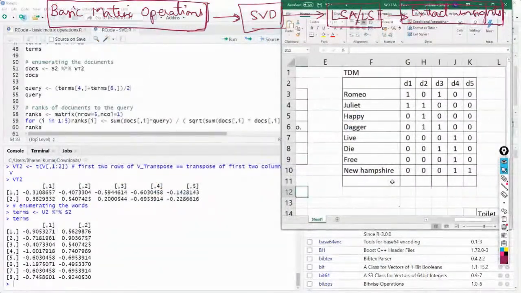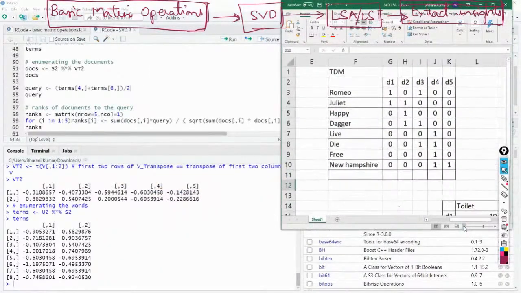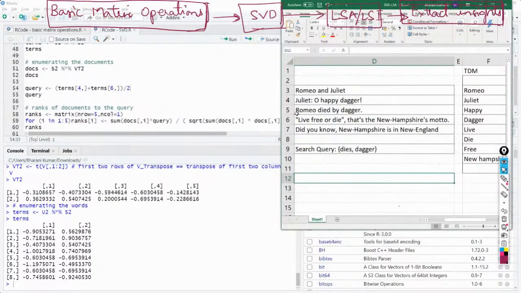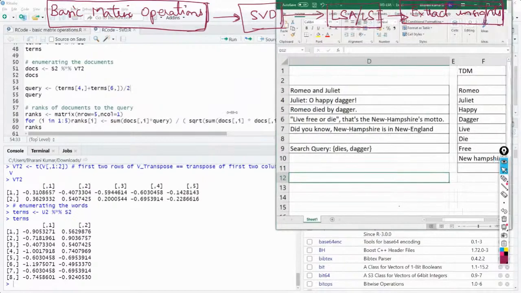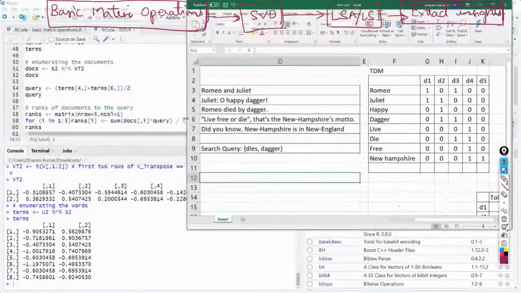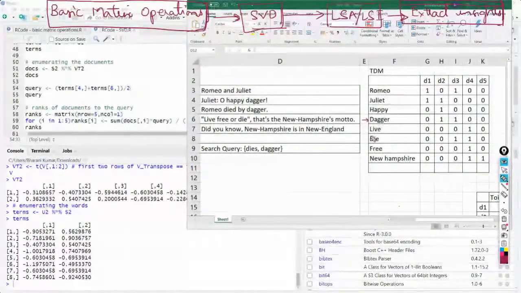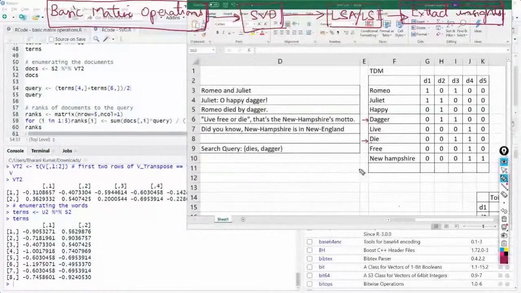We have used a query which was this thing, yeah? Dice and dagger. Dagger is the 4th term here. Die is the 6th term.